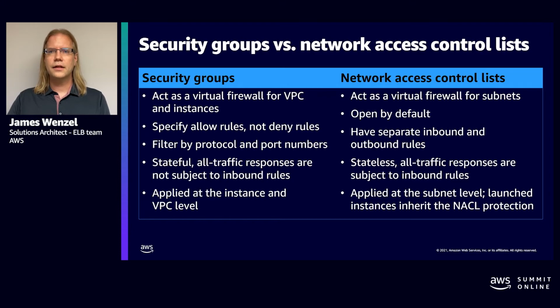The second thing that we have is network access control lists, or NACLs. NACLs are applied at the subnet level, and they are stateless, which means that if you allow something to go out of that subnet to the internet or to somewhere else within your workload, you need to also explicitly allow it to come back. Now, these network access control lists are all on by default, but they are actually set to be default open.